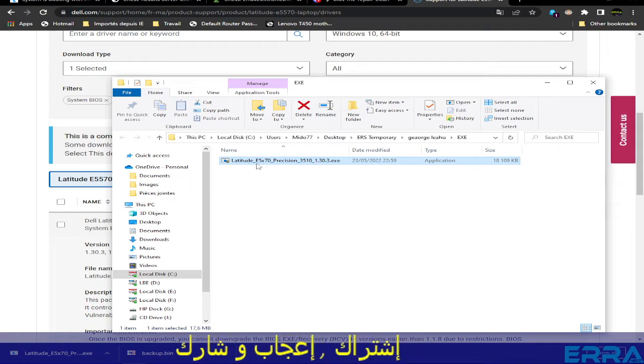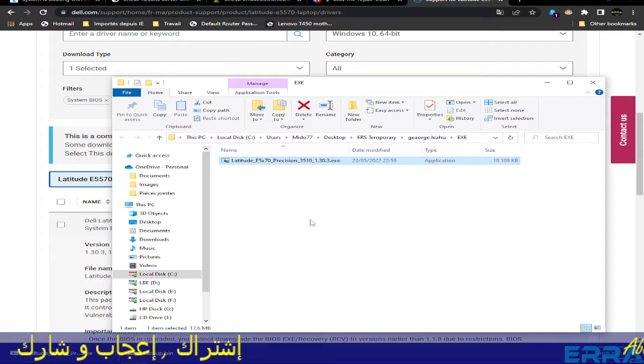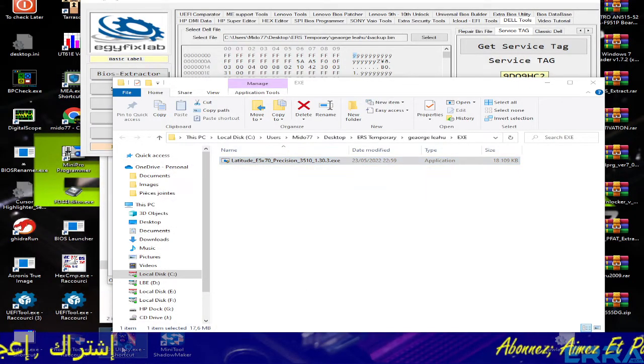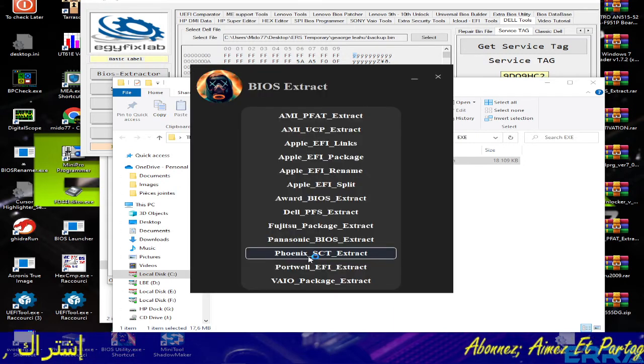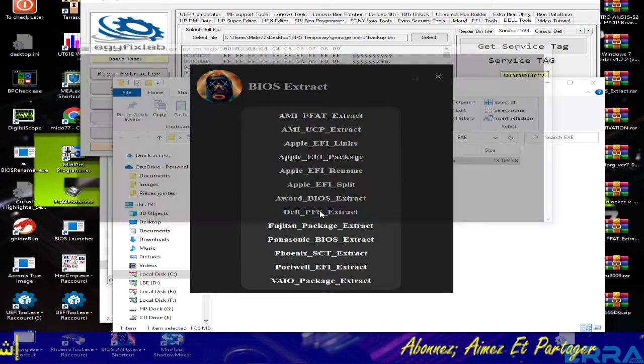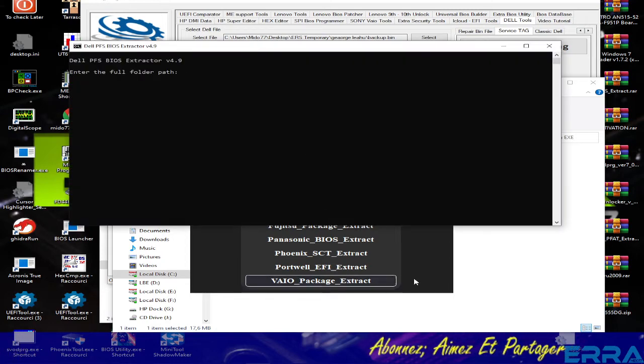In fact this executable file contains only, as always with Dell BIOS files, the BIOS region. So we have to extract the BIOS region, and to extract it we use this tool, this one, Dell BFS extract. And for these tools,